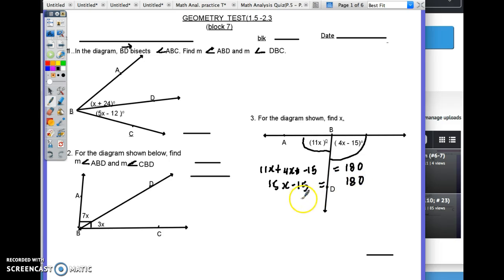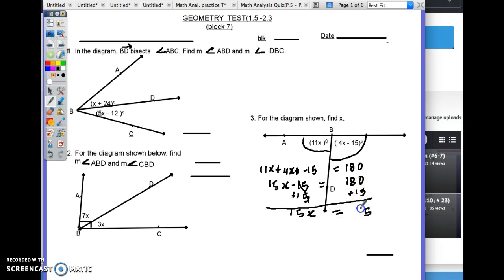And now you can think about adding or subtracting the same thing to or from each side. So here, let's add 15 over here, 15 added here. 15 is gone from the left side, so we have 15x only surviving on the left,